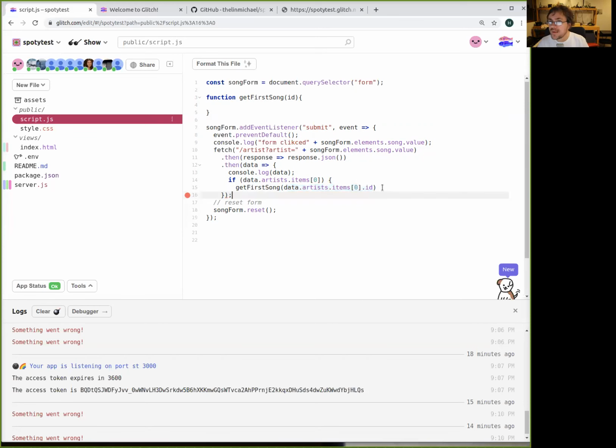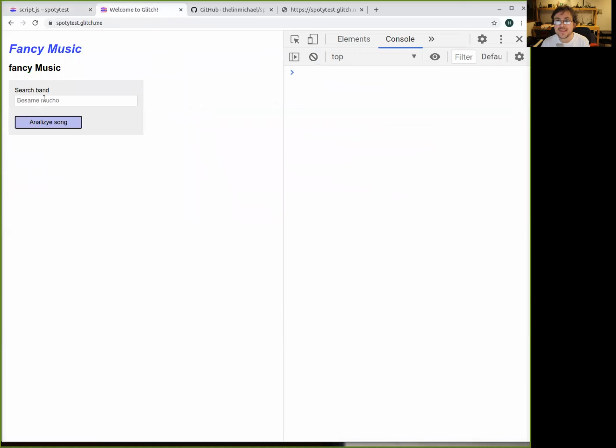Okay. But if this is working, why is this complaining? Oh, because we are... okay, that's it. Is this get first data working? Maybe yes. Let's see if this is working. Console.log ID. If we are getting an ID here, I'm going to comment all the bunch of things that we were doing. Now I'm going to search for Muse. And then voila, I'm getting the Muse ID directly.